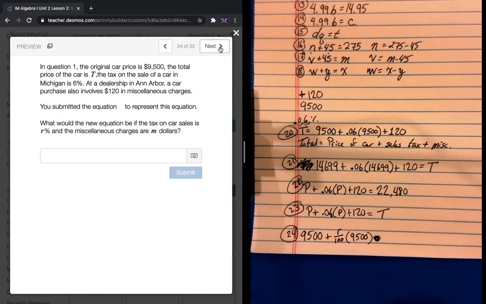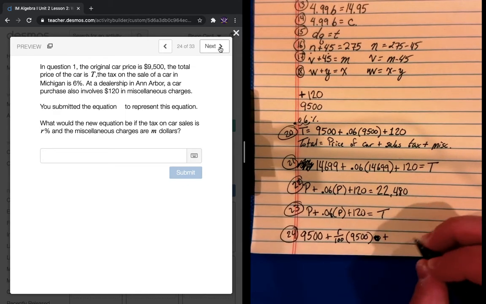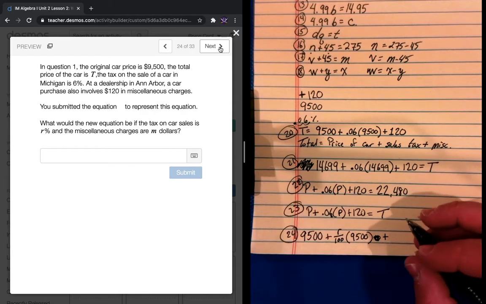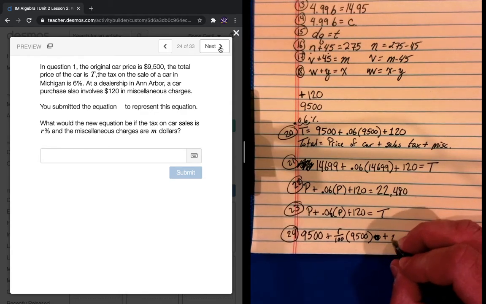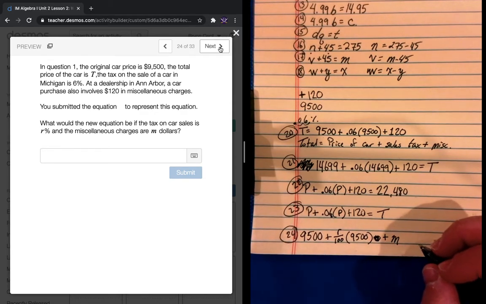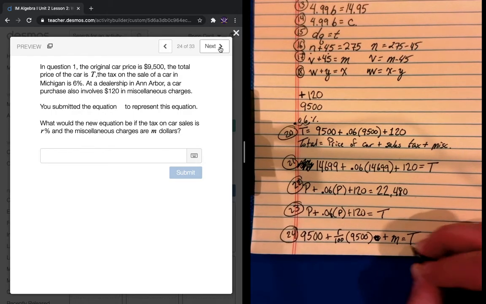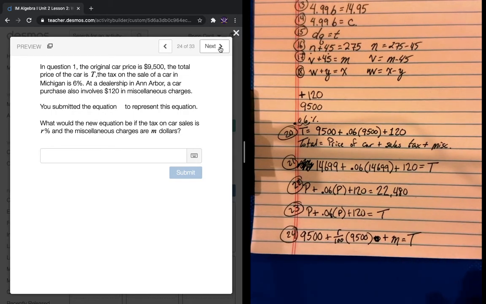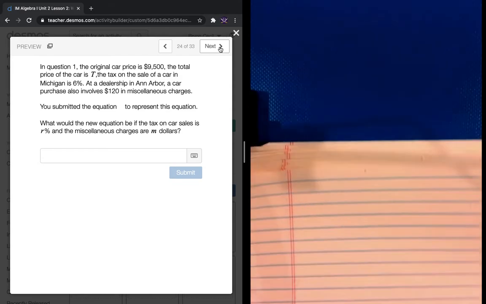Oh, I'm sorry, we wouldn't add equal, okay? We would say plus the miscellaneous, and the miscellaneous is no longer 120, it's M, so that we can have T, okay? So to clarify on that,